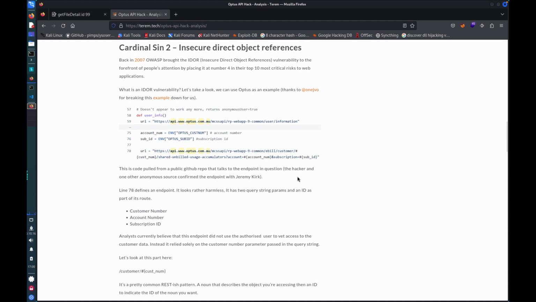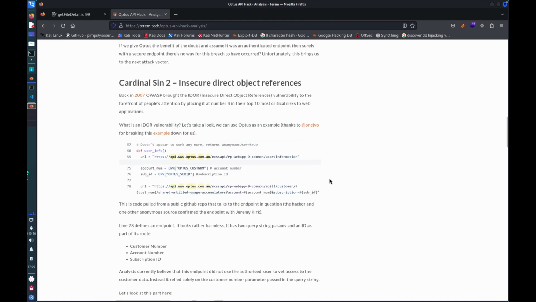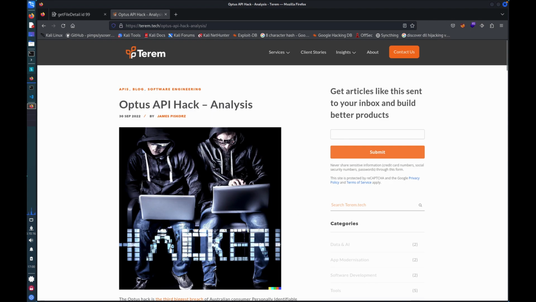Now, just to mention that Optus at no point confirmed that that was the case, and this API was very quickly taken offline, so there isn't really any way to confirm that. Moving on to a final example,